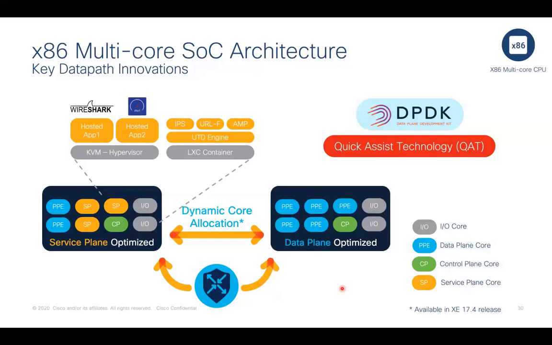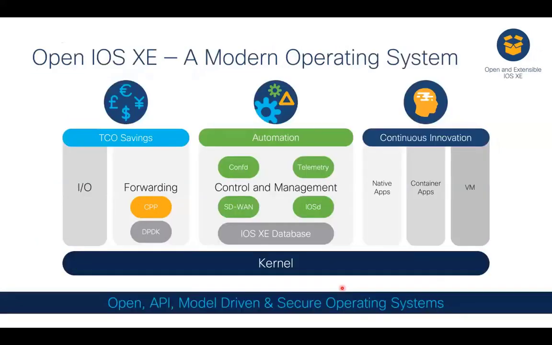Okay, this is all hardware, right? This is all ASIC level, how we are implementing the data path. But all of this is really taken to the next level with the IOS XE operating system itself. You might know that for the last 10 years, IOS XE has been there with the ASR 1000 portfolio. 10 plus years now. 2008 is when it started.